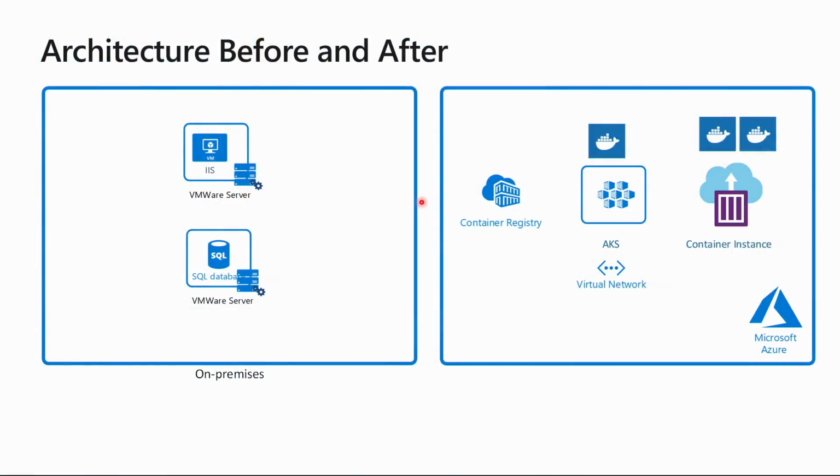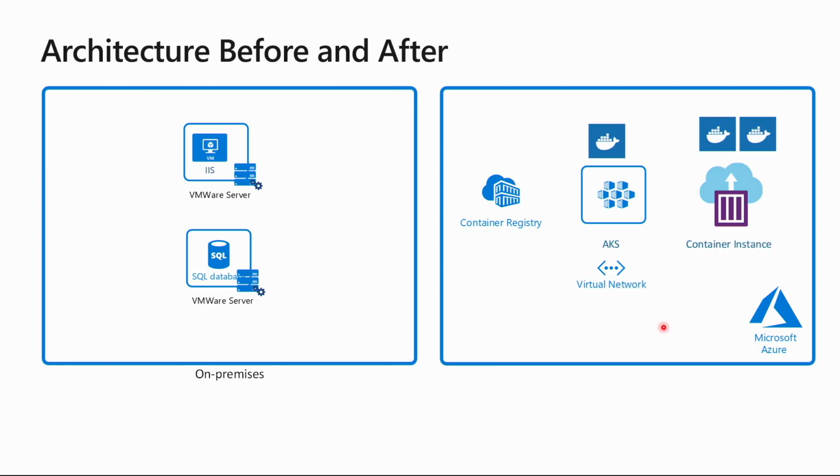All right. So let's take a look, Steve, if that's okay, at the architecture of this application, and then we will show you some code as well. Here is the before and after architecture. The before architecture is quite easy to understand. It is running in an on-premises environment, maybe on some hypervisor, an ASP.NET application running with SQL Server. Let's look at the right-hand side of the screen. This is where things get interesting. First and foremost, we are going to take the application and convert it into a bunch of container images.